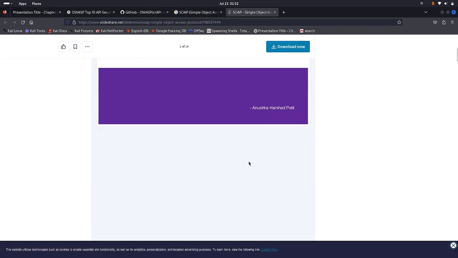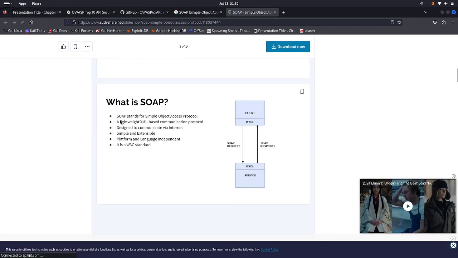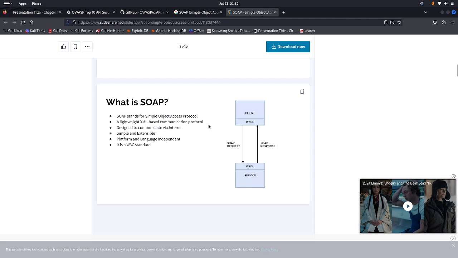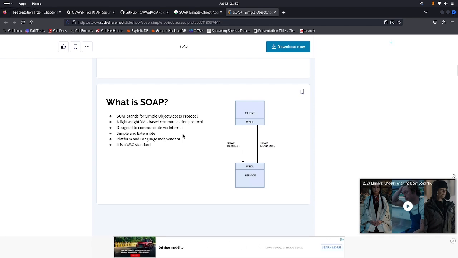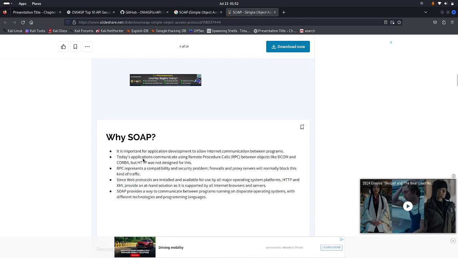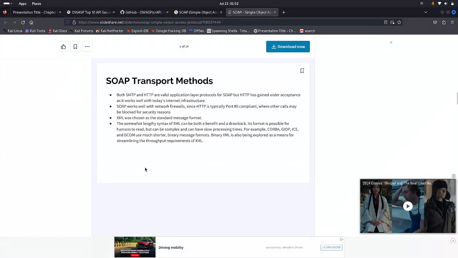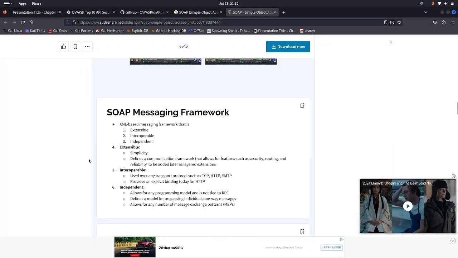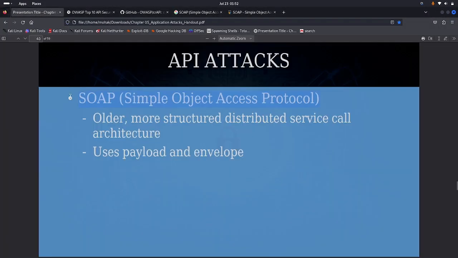maybe SOAP APIs stand for Simple Object Access Protocol. It is a lightweight XML-based communication protocol designed to communicate via the internet, simple and extensible, and platform and language independent. It is a W3C standard. Basically, if you want to learn more about it, I'm going to share about this later, but today is actually